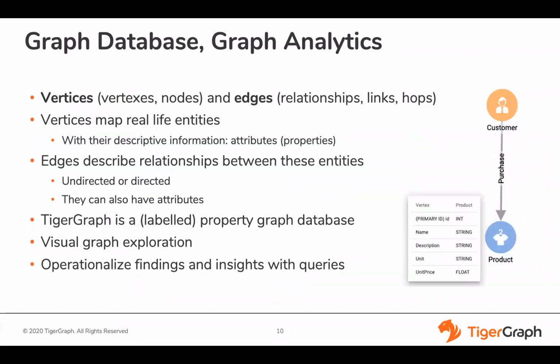Now, a very brief introduction to graph databases and graph analytics for those who are completely new to these subjects. A graph database stores and processes vertices or vertexes and edges. This is based on the concepts of graph theory, whose origins can be traced back to Leonhard Euler's 1736 paper on the 7 bridges of Königsberg. So the science behind graph processing and analytics is actually older than the science behind relational databases that really started with E.F. Codd's 1970 publication.